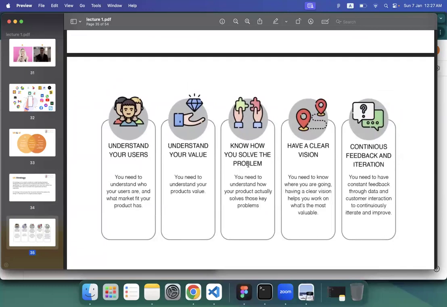Know how you solve the problem. So as I mentioned, you are trying to solve a problem that one particular user is facing or many users are facing. You need to understand how your product actually solves those key problems. Let's say, for example, again, a ride sharing application. So in office hours or even in peak hours, most of the users in the Colombo area won't be able to find a taxi because of the surge or because of the so much demand during that particular time. So if your product can address that, or if your product can address any other feature that users require,